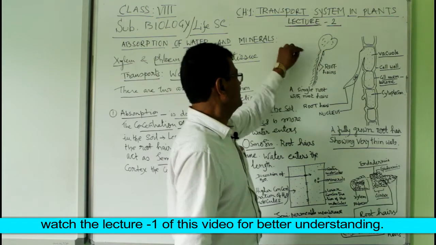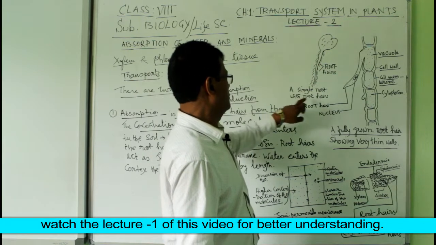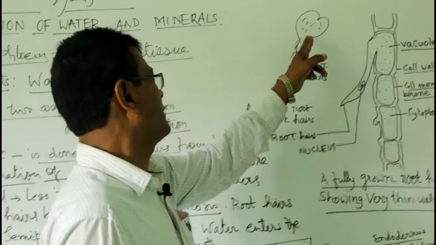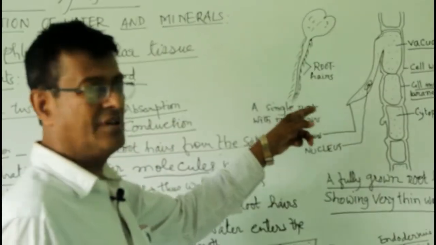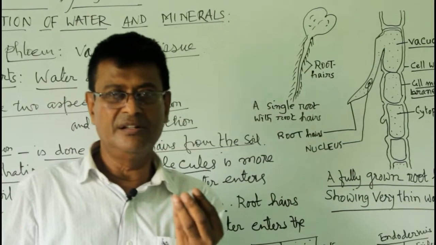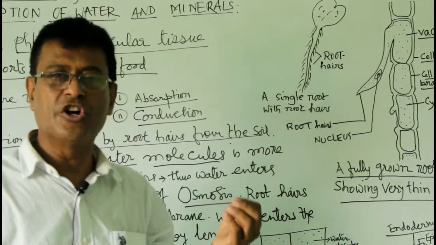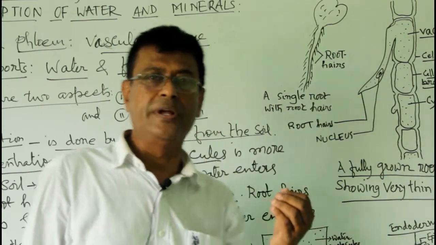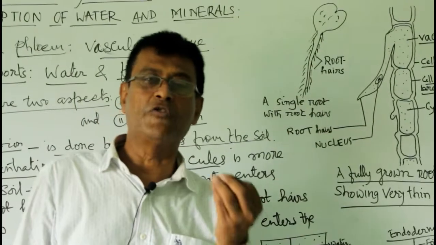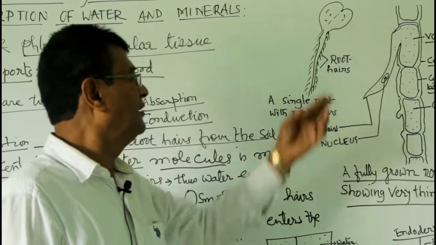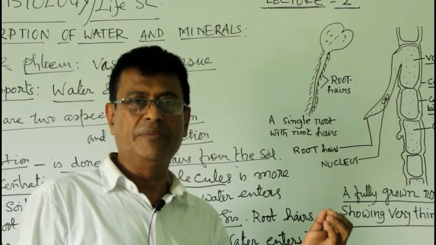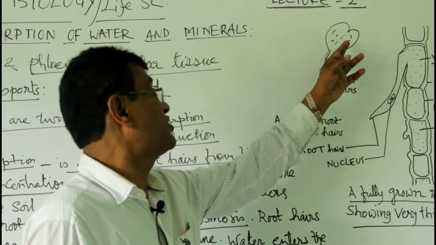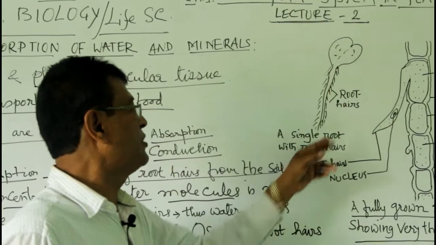One is a single root with root hairs. You see a pea plant actually has this kind of roots. Take some peas, keep them in a container, and after 1 or 2 days, at first the sprouting will be done, and slowly and gradually the root will come out. Then you can take them out, wash them nicely, and watch and find a single root having root